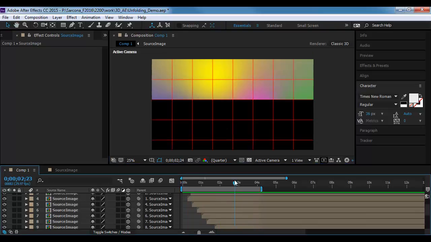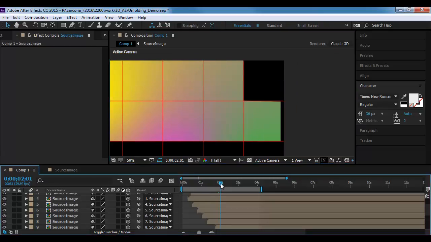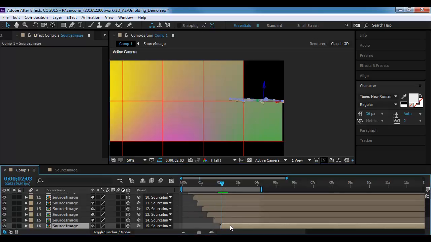Okay, so you can kind of see that as these things are coming around. You can see that as this one is coming this way, watch there, you can see the other one already starting to come off of it. And it's moving with it too, which is awesome. If we want to accentuate that a little bit more, I can just go here and scoot it in more. Okay, so now you can see as this one comes in, it's actually moving with it and